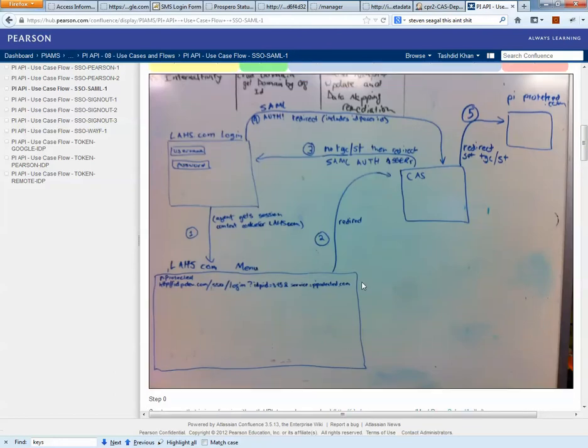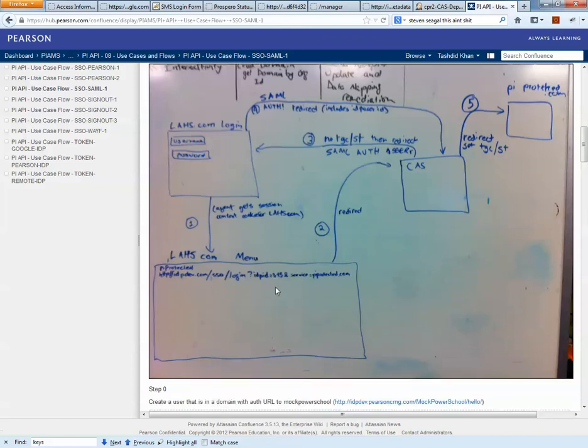So, what does the bridge actually do? How does it work in practicality? In this diagram, you can see that there is a login screen for the user, a menu that the user can click on, CAS, and PI-protected content. What will happen is once the user logs in, he will see a menu, and that menu will actually be redirected to CAS. Once he clicks on CAS,